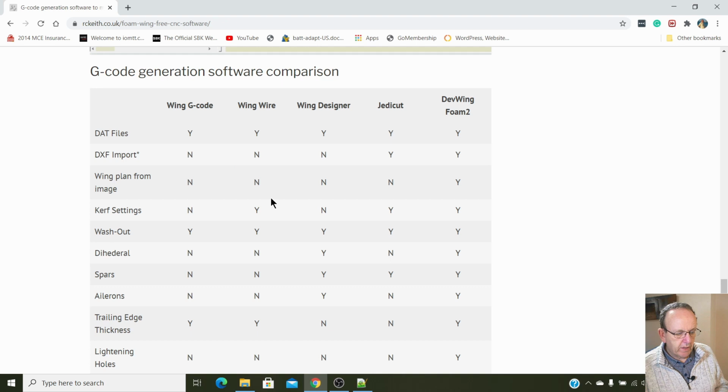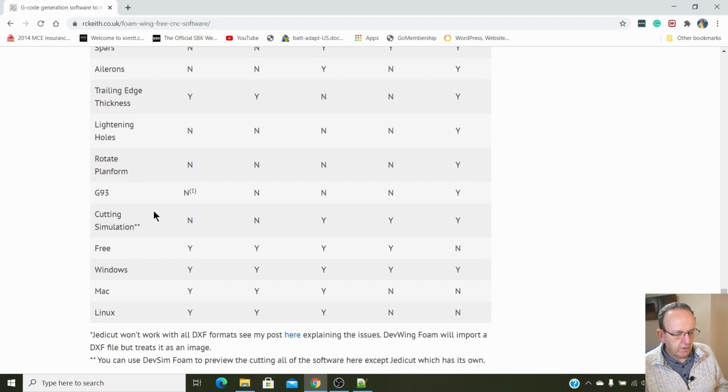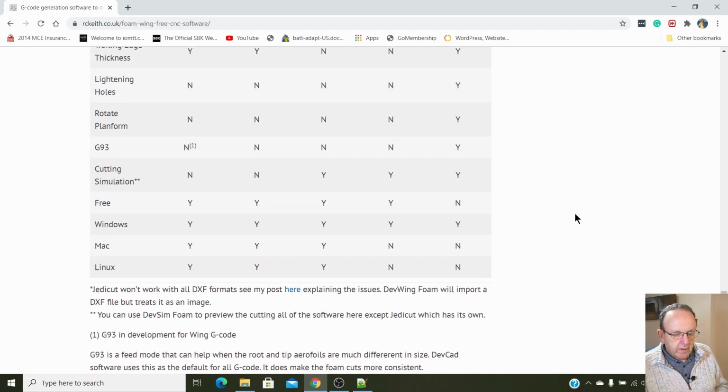Wing plan from image, yes. Curve, washout, dihedral, spars, aileron, thickness, lightening holes, rotate, G-code, cutting simulation. There's probably a load more that I haven't even included in it that will do as well. So yeah, so that's